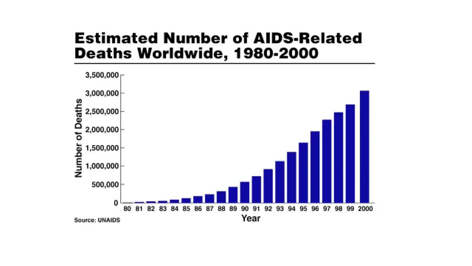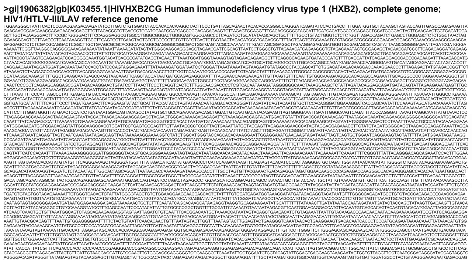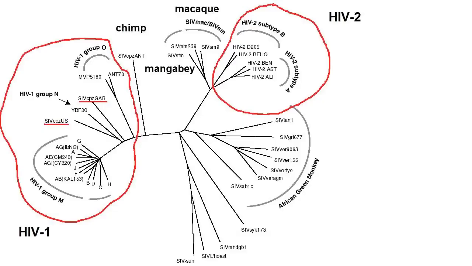If it was a virus with a lot of history with humans, it's unlikely that it would still be so pathogenic. Where could HIV have come from? We sequenced the genome of thousands of strains of HIV, and while there was an incredible diversity of sequences at certain locations, they all had a strong homology to various SIV strains. We usually break up the strains of HIV into two main groups, the HIV-1 and HIV-2 species. The closest relative, according to sequence variations, for the HIV-1 strain was the SIV that infects chimpanzees.